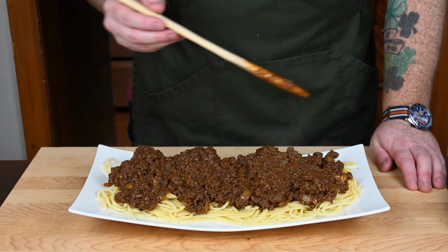Now you can eat it just like that and it would be good, but you know what? Let's improve this just a little bit. Next thing we're going to do is add some shredded cheese on top. So I'm just using some shredded cheddar here, and I'm going to put a fairly liberal amount on the top, and this makes it,